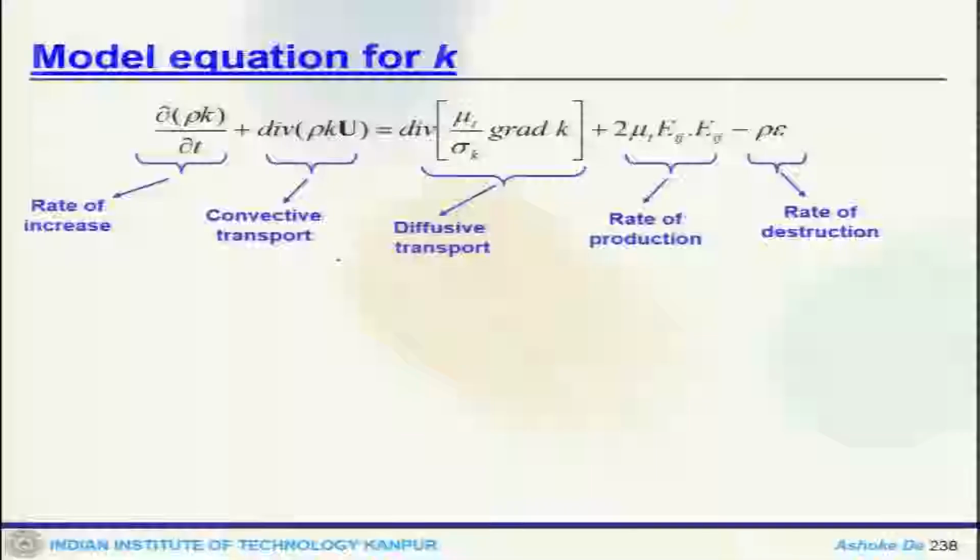Welcome back, and let's continue the discussion on the modeling part. So, we are looking at the two equation models, like the Grant-Smith model, and this is what we looked at for the turbulent kinetic energy term, where you can see the model equation for the K. Now, this is the unsteady equation for the K, where this is the term which is rate of increase, this is the convective transport, this is diffusive transport, this is production and rate of destruction. So, here the Prandtl